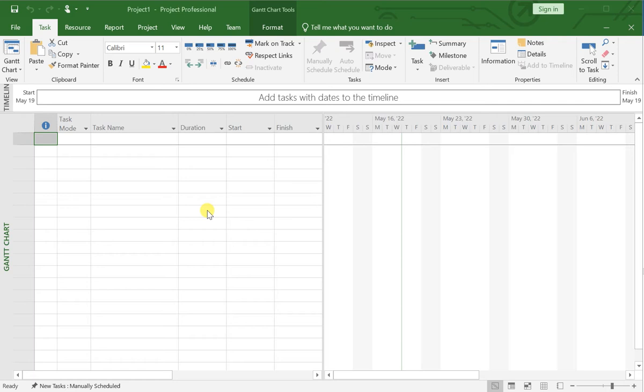Set the task mode to manually scheduled, name the task and fill in the information you have. The task bar changes based on which value you enter. To create a manually scheduled task, first look down at the status bar in Project, which is set to New Tasks: Manually Scheduled. That's what I want. Click the first blank task name,